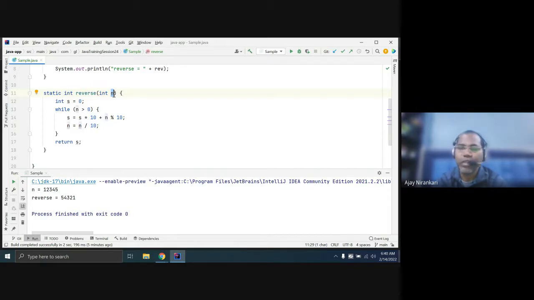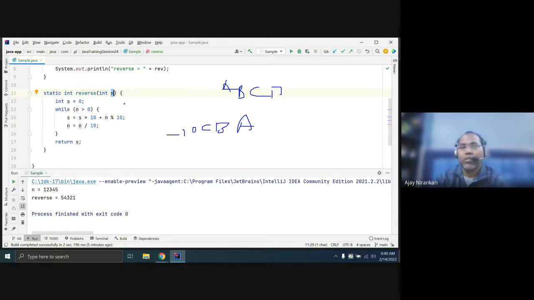So can you write one method that will take one input as a string? Let's say the input can be ABC. You want to reverse it: C, B, A. Or let's say D, your output should be D.